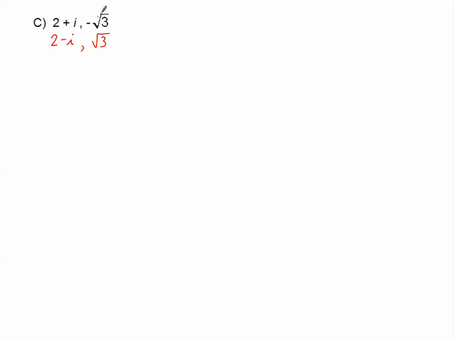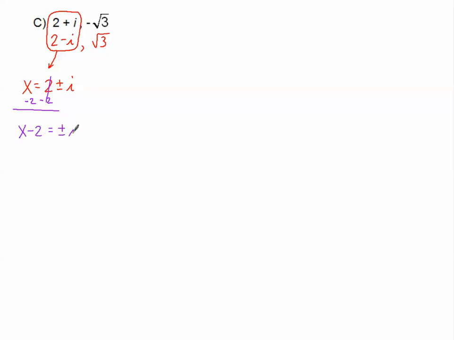Okay, so the monomials, those are not going to be too difficult to do, but the binomials, that's where I'm going to do the uncomplete the square. So let's do the uncomplete the square first. I'm going to say that x equals these two numbers, 2 plus or minus i. And now let's uncomplete the square. So we'll subtract the 2, we'll bring that back to the x, and I will have x minus 2 equals